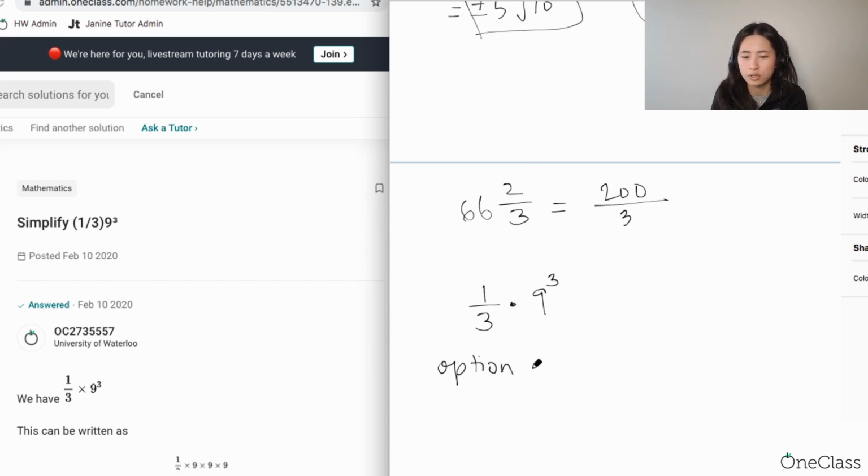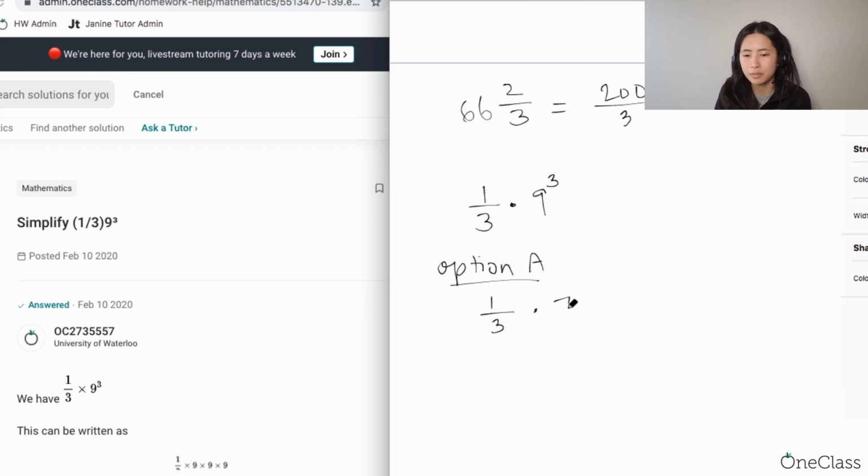So option A is going to be you expand, so you have 1 over 3, then you multiply this to 9 cubed. So 9 cubed, when you expand that, that's going to be equal to 729. So 729 is 9 cubed. So 729 divided by 3, or times 1 over 3, this is going to be 243. So this is option A. Option B is to